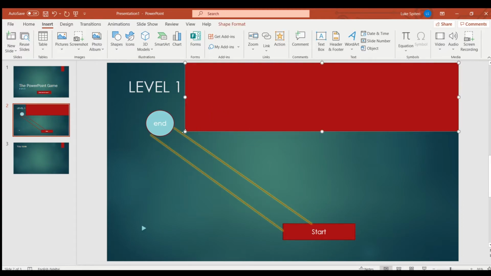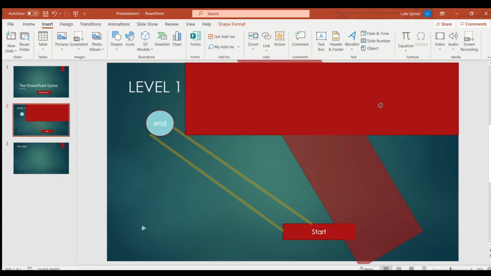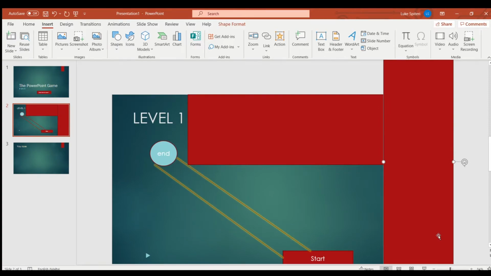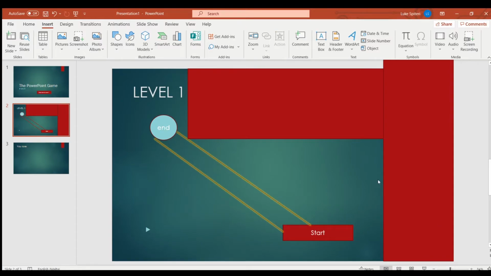So yeah, and now it's not gonna be very nice if that is visible. So before we make it invisible, we are going to make various copies of it, and we can turn around the shape so we don't have to do the action over and over again. So basically our code, it's not actually a code because we're not doing anything, but it's like our sort of code is we don't have to do it again. So we're going to increase that to there, and you can do various